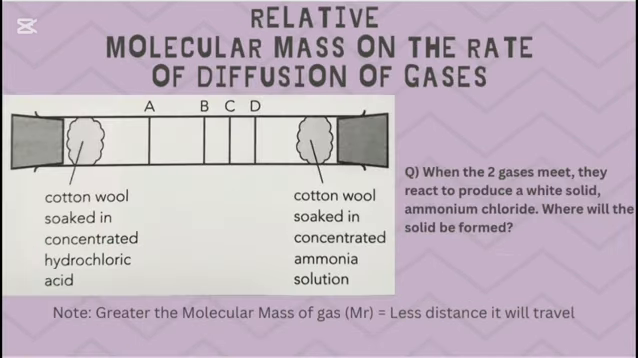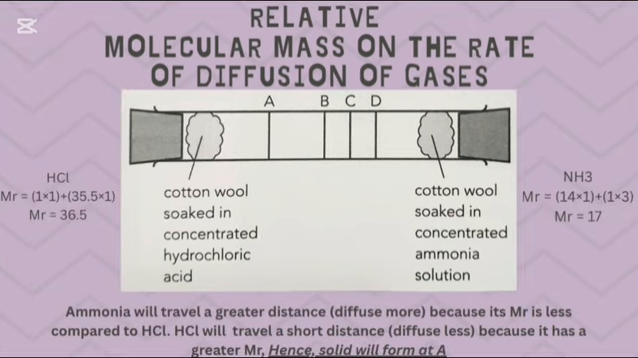Relative molecular mass on the rate of diffusion of gases. The question states that when the two gases meet, they react to produce a white solid, ammonium chloride. Where will the solid be formed? Note that the greater the molecular mass of a gas, the heavier it is, so it will travel a shorter distance. In this question, we have hydrochloric acid, or HCl, on the left side, and ammonia, or NH3,